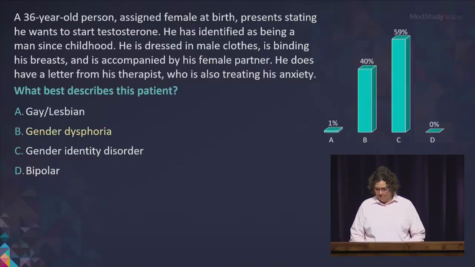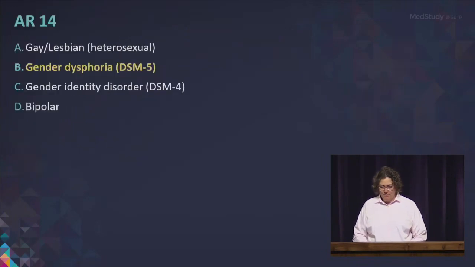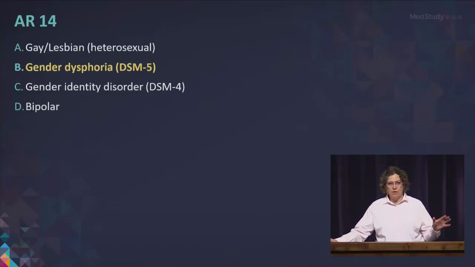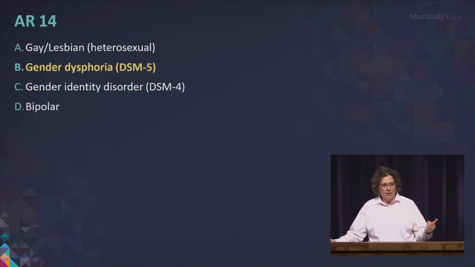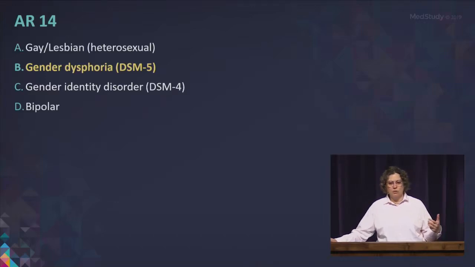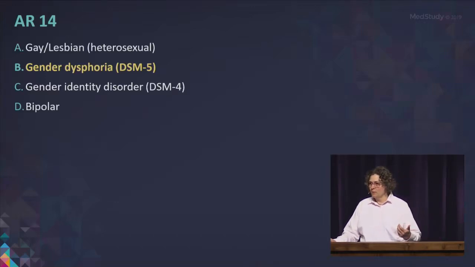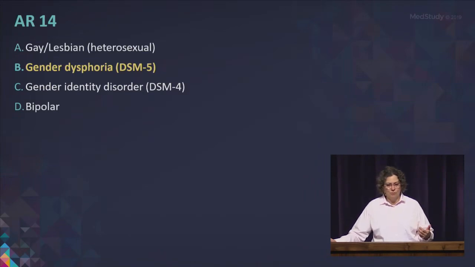The answer is B. Okay, so let's talk a little bit about terminology. So this person is heterosexual. Remember, gender identity is how we identify ourselves. Are we male, female, neither, both? Sexual orientation is who we are attracted to. One has nothing to do with the other. So this person is heterosexual. Gender dysphoria is the right terminology as of 2013. Before 2013, gender identity disorder would have been the right terminology, but now it is gender dysphoria,